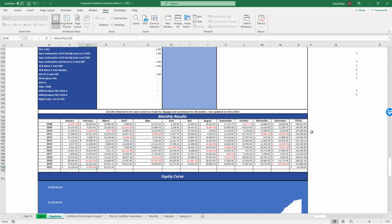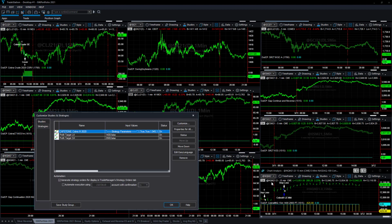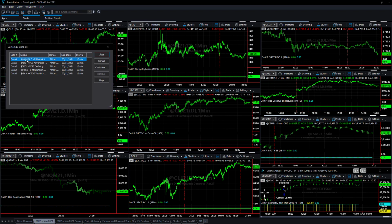So I'm going to show you how to change the chart in TradeStation. So you could turn Cobra III off completely. You could go to your customized strategy. You could turn it off, not run it, and get that lower drawdown set up. Or you could come in here and you could go, let's do right click, and you're in TradeStation 10 data, edit symbol, and change it to